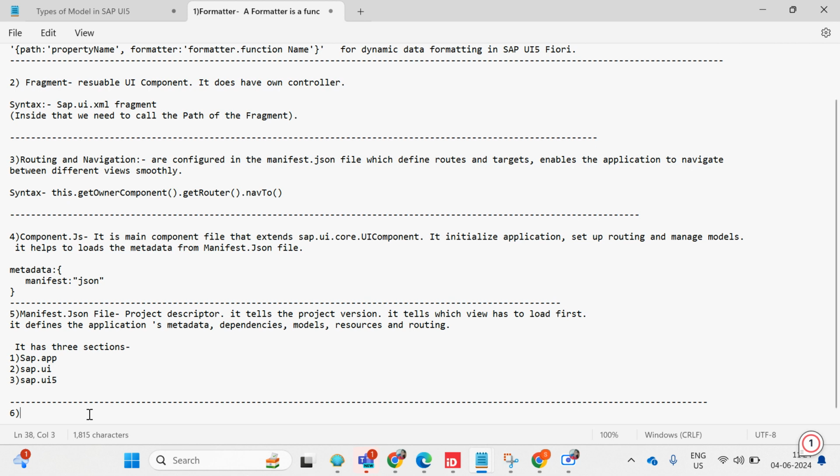Okay, and another question is index.html. What is this index.html? So index.html is the initial loading file. You already know, everyone, you are all intelligent, so you already know what index.html is. Okay, this is a very basic question. It is the initial loading file,